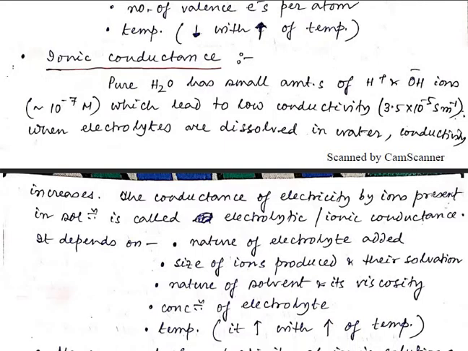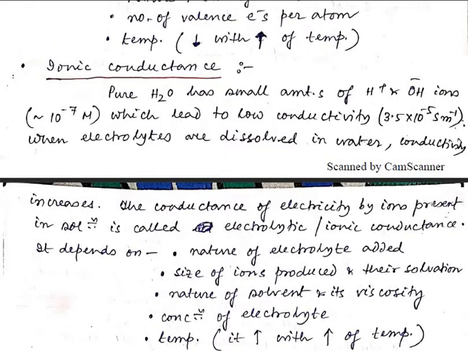आयनिक कंडक्टेंस जो है, that is, pure water has small amounts of H⁺ and OH⁻ ions. हम लोग जानते हैं कि प्योर वाटर में अगर हम लोग इलेक्ट्रिसिटी पास करेंगे तो वो डिप्लीट करके H⁺ और OH⁻ आयंस बनाता है और उसका ऑब्वियसली कंसंट्रेशन होगा 10⁻⁷ में, which leads to low conductivity. उसका वैल्यू जो है कंडक्टिविटी बहुत लो है, 3.5 × 10⁻⁵ सीमेंस प्रति मीटर।